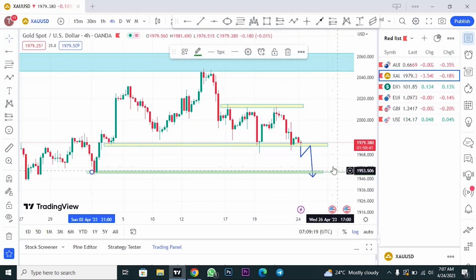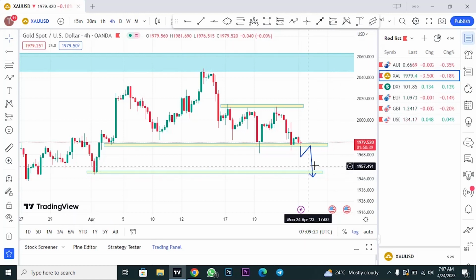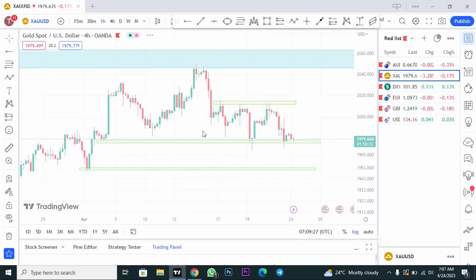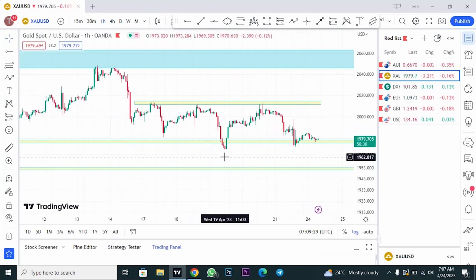Okay, let me clear this. That's the anticipation for gold right there. Let's move on to the H1 time frame. So with the H1 time frame,